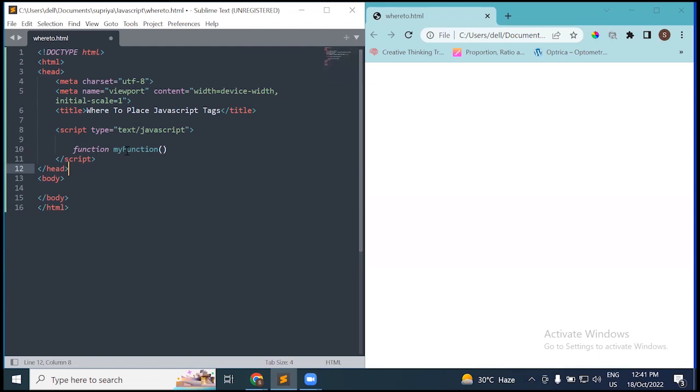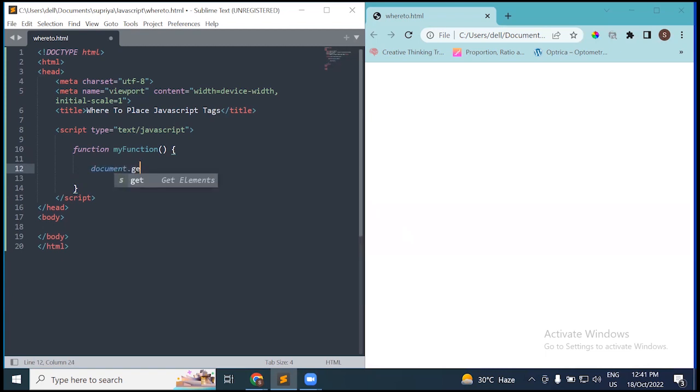So simply keyword and then the name of a function. After that I'll make use of curly brackets to collate the statements into that function. That is, it will define that my function is starting from this curly bracket and ending at this curly bracket. In tags, what we do, we just write a particular tag and end the tag with the backslash. So likewise in function, we will start with the curly brace and end with the curly brace as well. Inside which I will write a simple statement,